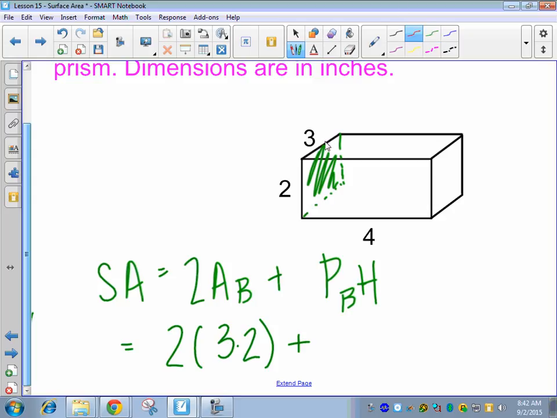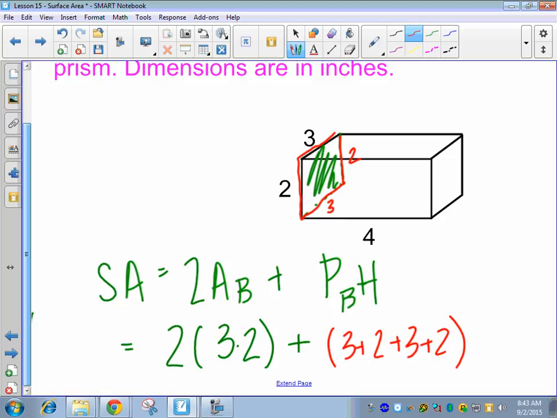Okay, so if we want to find the perimeter, we have 3 right here, 2 right here, and then what's this value going to be down here? 3, right? Because it's a rectangle. And then how about this side? 2, right? So we need to add all of those, guys. Don't just add the numbers that you can see. You have to picture it as a 3D object. So if it's a rectangle, we're going to have 4 sides. So we'll have 3 plus 2 plus 3 plus 2